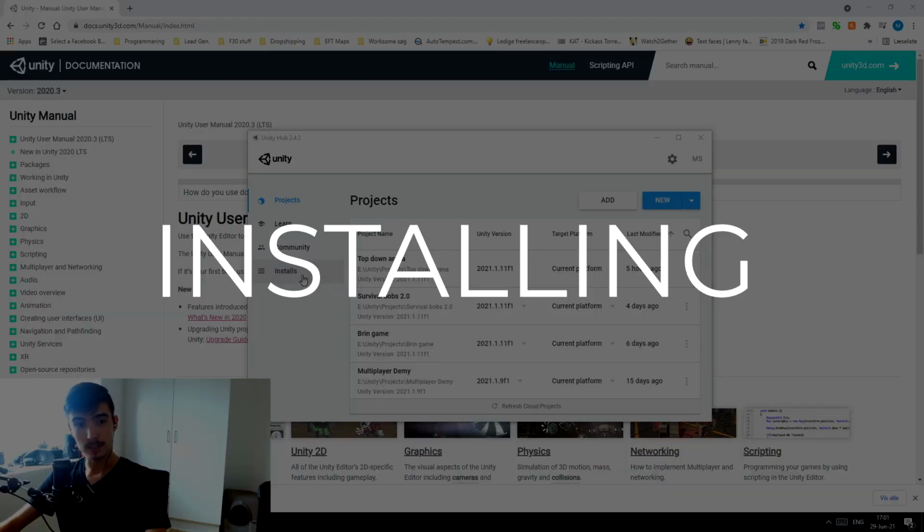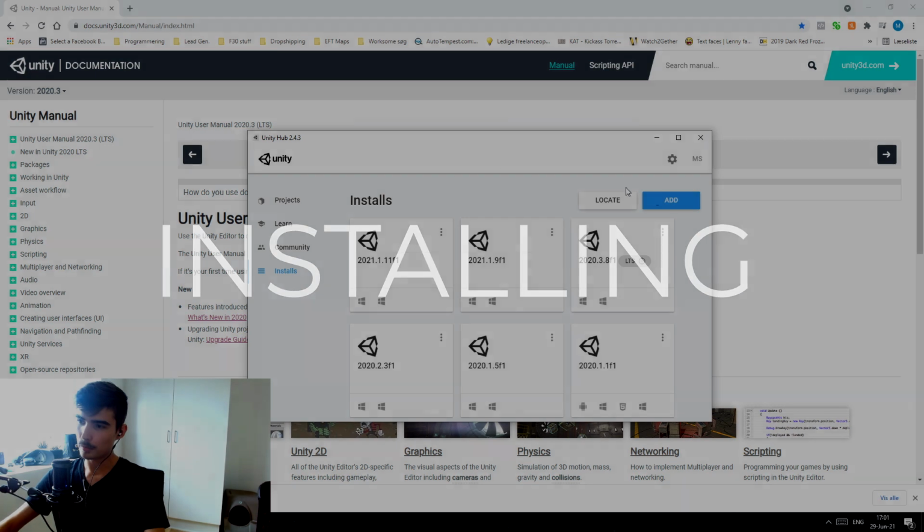First of all, you're going to be able to see timestamps at the bottom of the video, and if any of these things you've already done or know of, feel free to skip to the next part. So to begin with, we're going to look at installing Unity, which in Unity Hub, you go to installs,